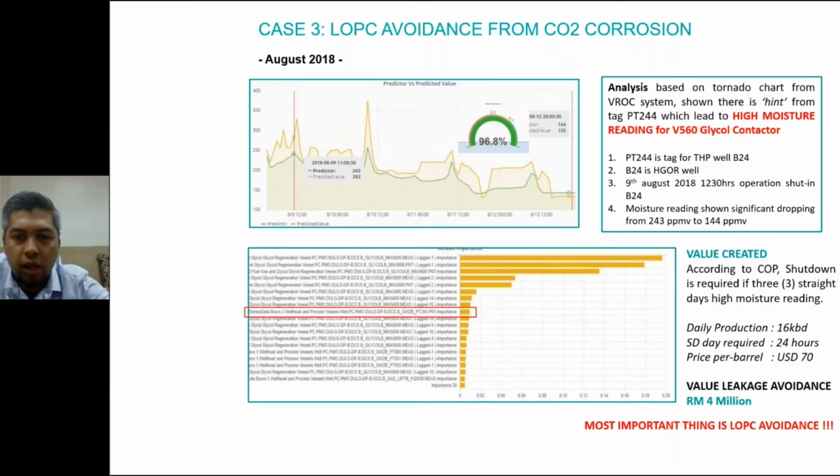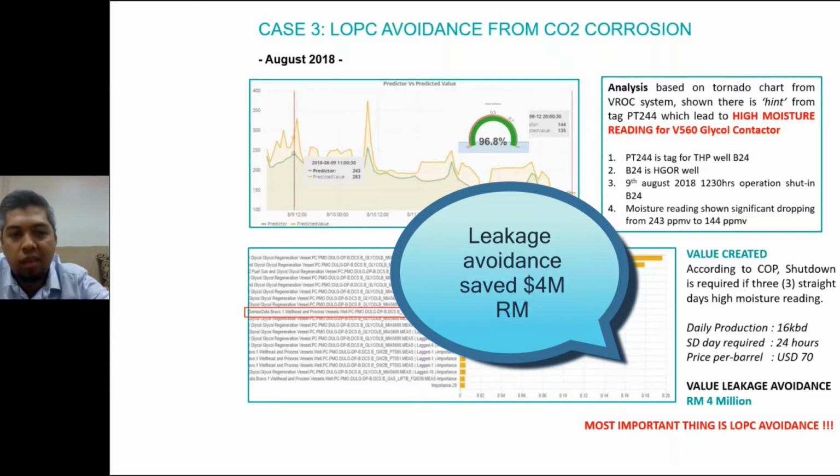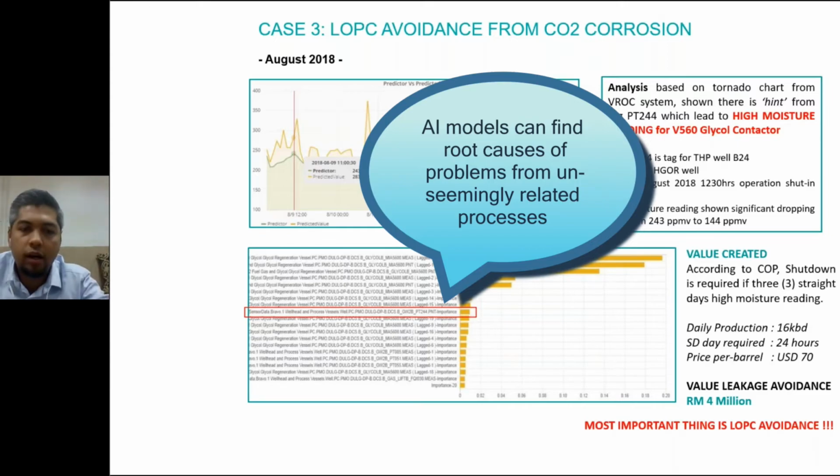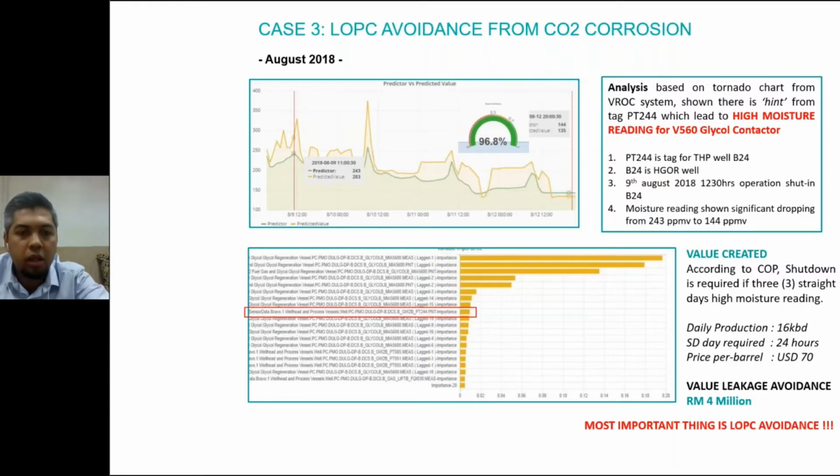on this particular transmitter of the moisture analyzer, and when we ran it, we found something a little bit weird, because if you can see the red box over there, it states this particular tag of one of our wells, which is a gas well. So we were wondering what the problem was with that particular well when it is stated in our model, because the moisture analyzer and the well are too far